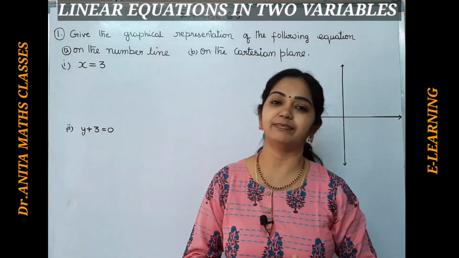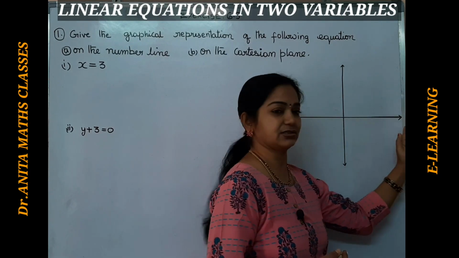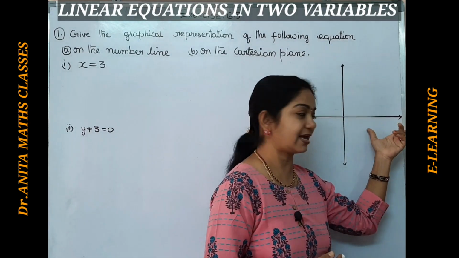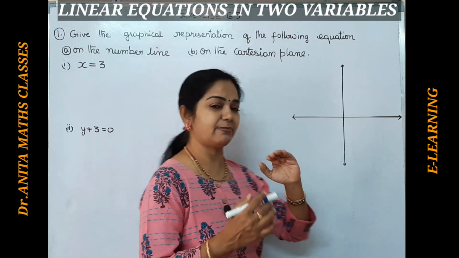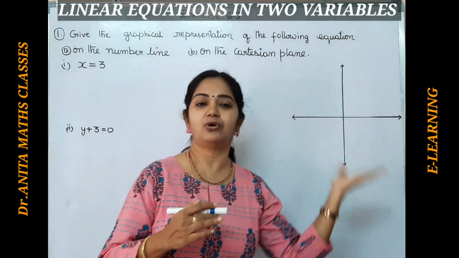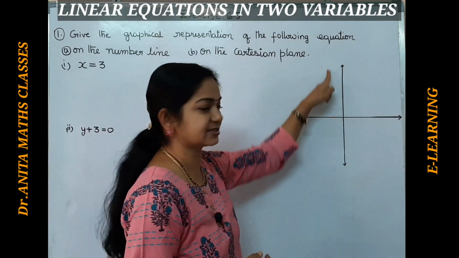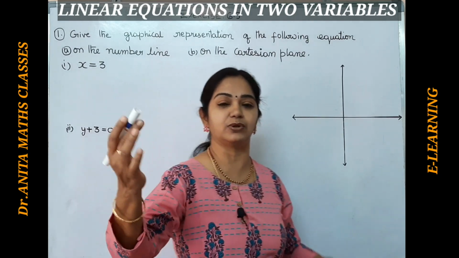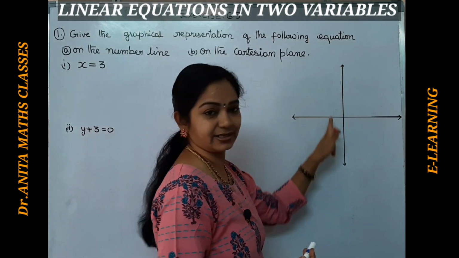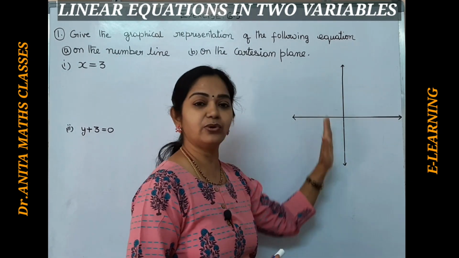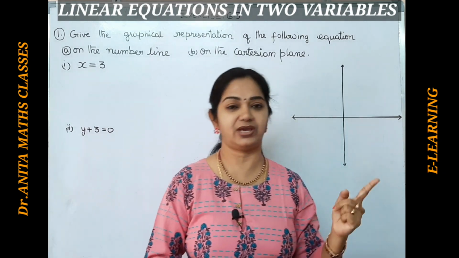just a recap. See here, what is the equation of the x-axis? Equation of x-axis, we write it as y equal to 0. So just remember that x-axis is the opposite, that is y equal to 0. Whereas the equation of y-axis is nothing but x equals 0. When x is 0, it will be placed on the y-axis, isn't it? So x equal to 0 is the equation of y-axis and y equal to 0 is the equation of x-axis.